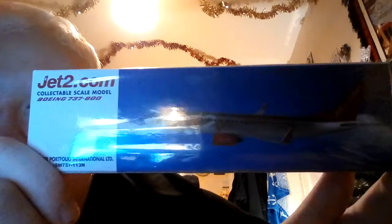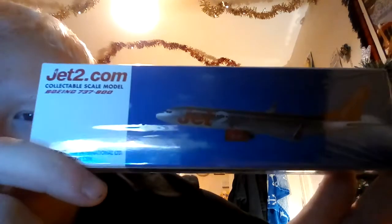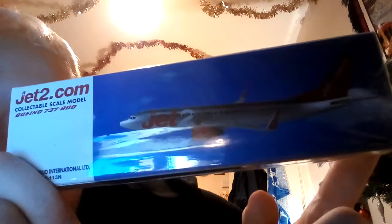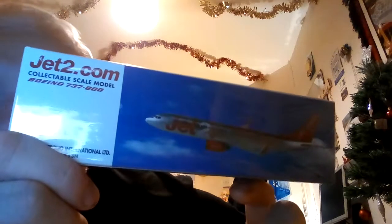I went and spent Christmas in Benidorm. Now I'll say how lovely that was. And I decided to have a look at the models, and I've just noticed when looking in the in-flight magazine that